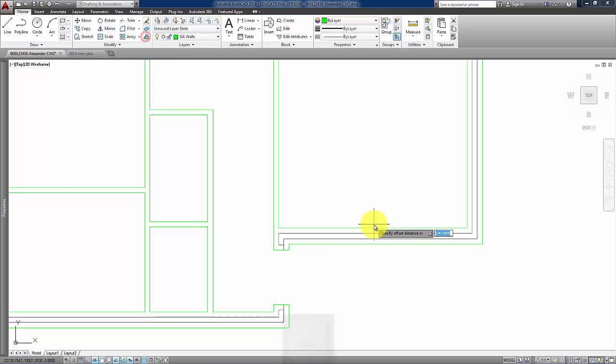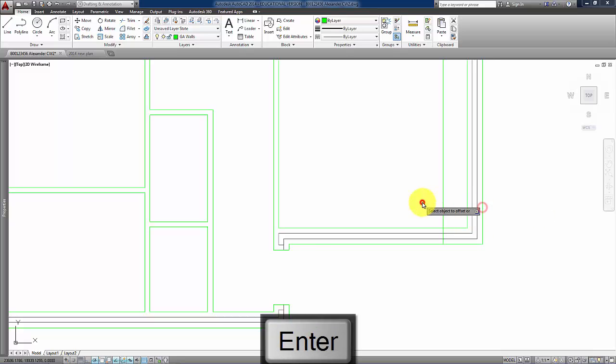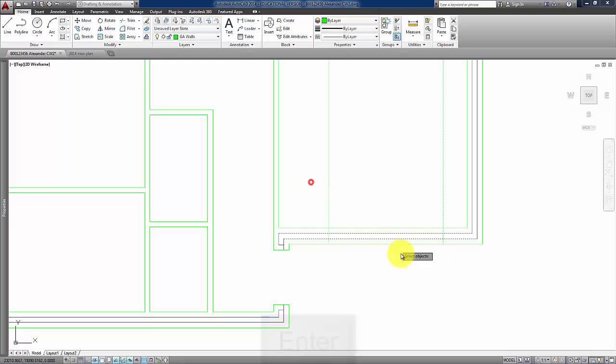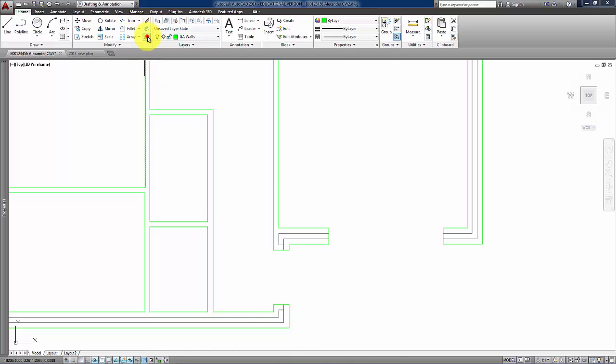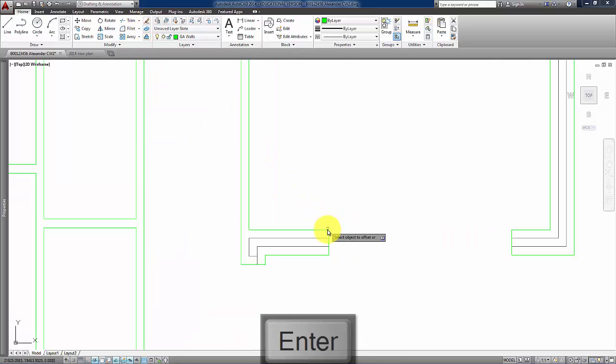Let's do the window beside it here. So the distance is 777.5 from this side in, and then the next distance 2260, and then again we can trim, like so, and then we can offset by 100,